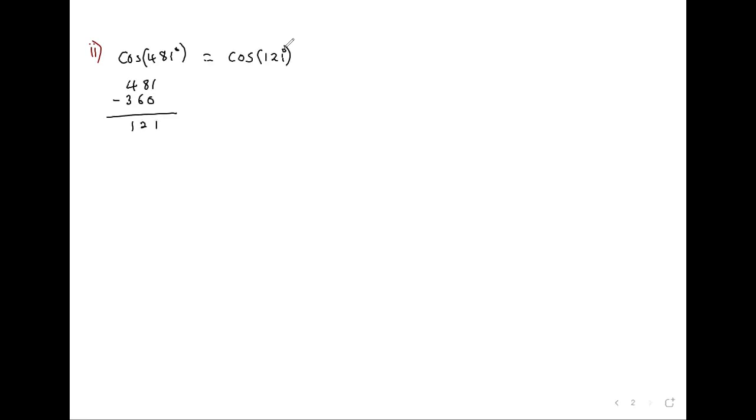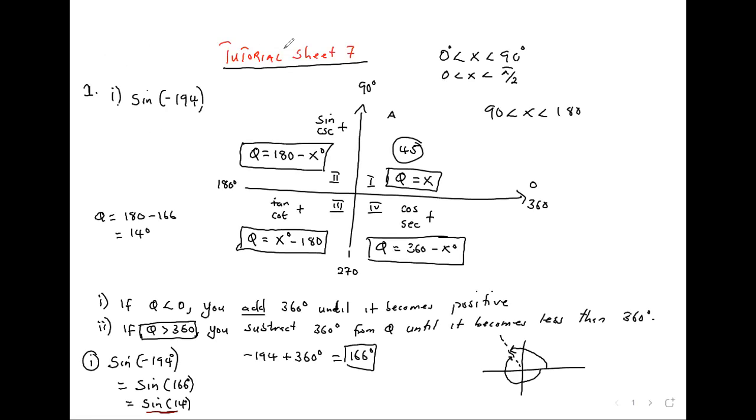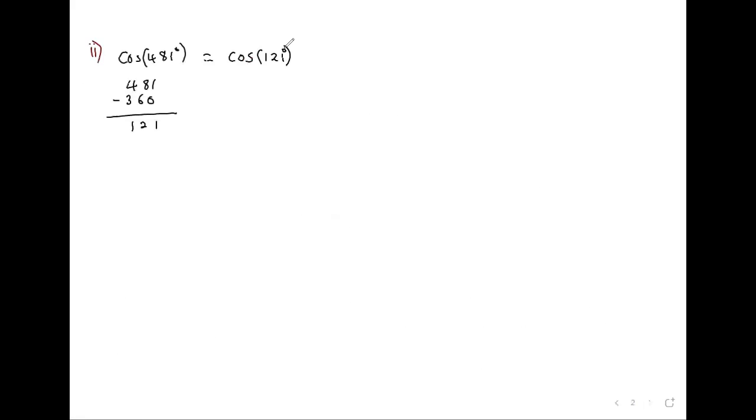degrees. Now 121 is in the second quadrant. So if you're in the second quadrant, how do you get a theta? You subtract. So we'll say, okay, the theta we want to use is 180 minus 121, which is going to be 59. So now 59 is in the first quadrant, but in the first quadrant, cos is positive, and